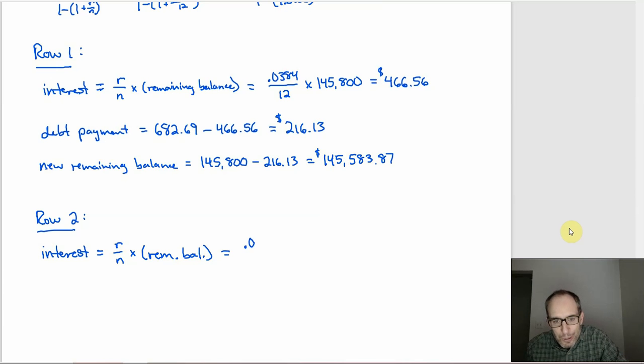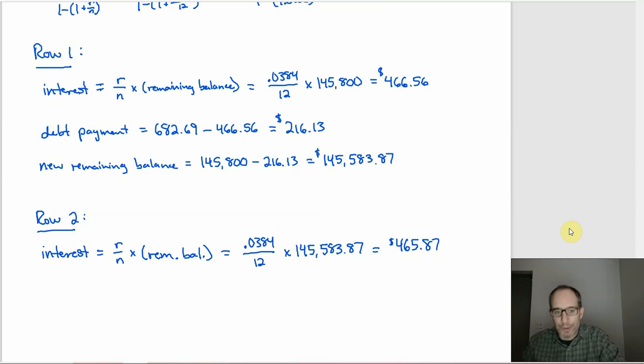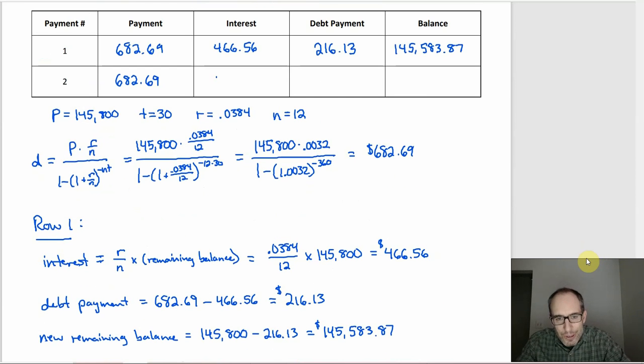And this will be 0.0384 over 12 times, well, now the remaining balance is the 145,583.87. And if you multiply that out, what you get is 465.87. All right, I guess we can put that in the table. So I scroll up to where the table is,